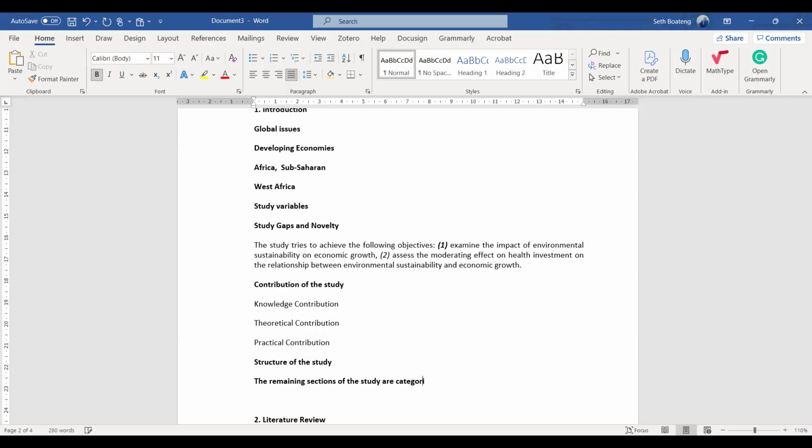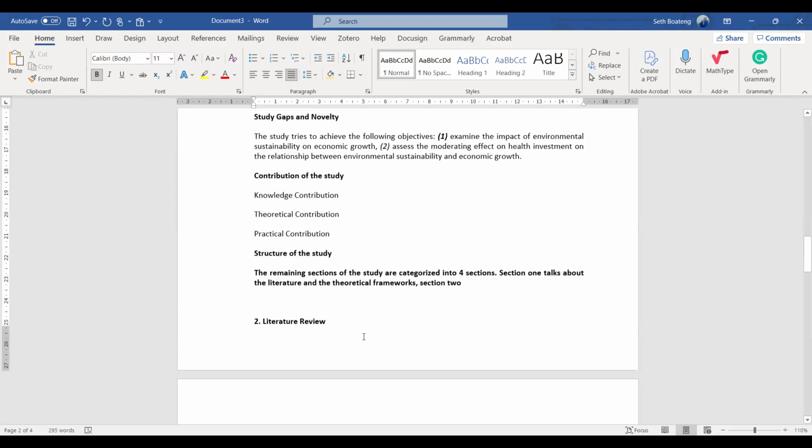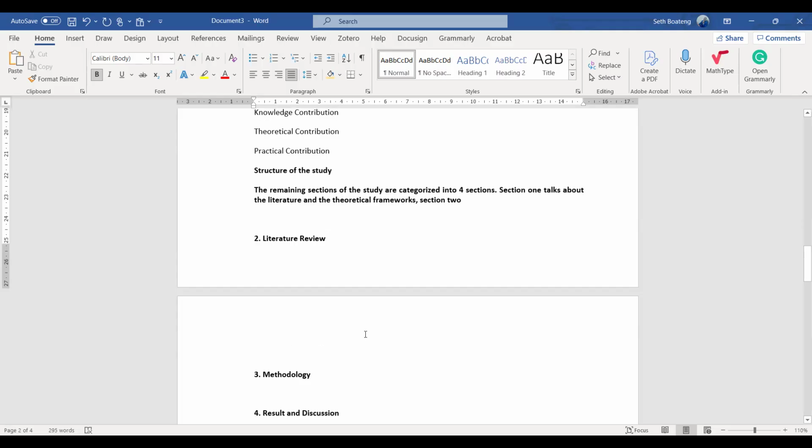If my English is not good, then forgive me. The remaining sections of the study are categorized into maybe 4 sections. So section one talks about maybe the literature and a theoretical framework. Section 2 talks about the method adopted.